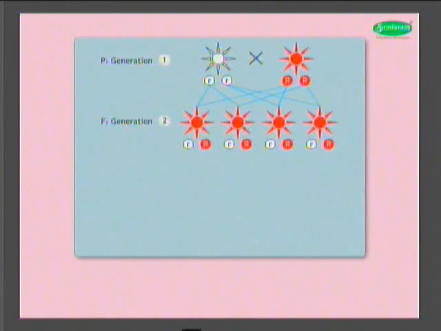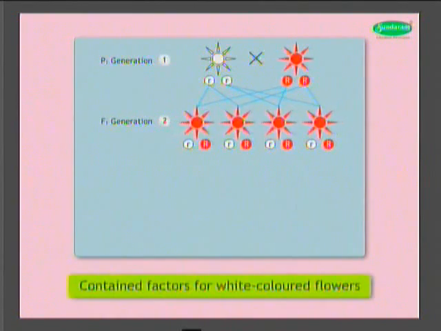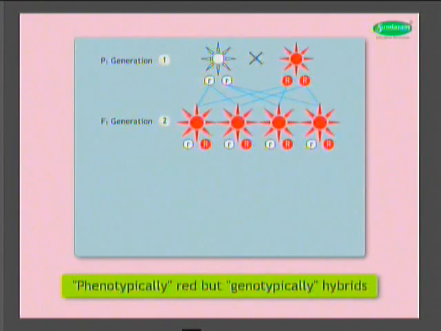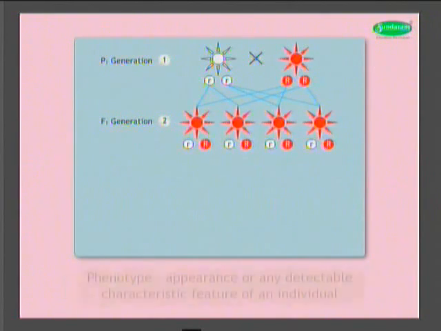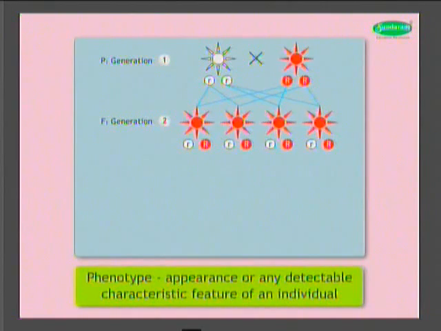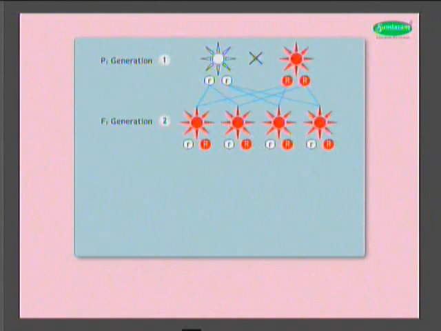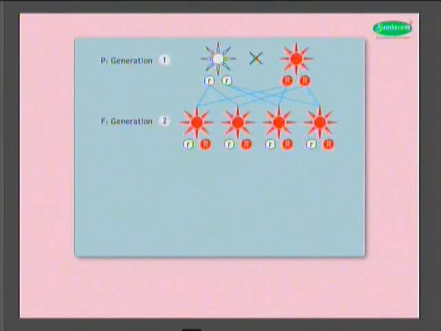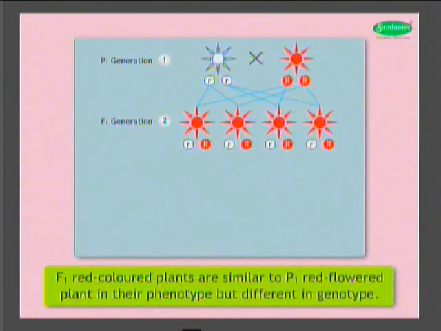Though F1 individuals were bearing red-colored flowers, they contained factors for white-colored flowers too. Thus, the plants of the F1 generation are phenotypically red but genotypically hybrids. The phenotype is the appearance or any detectable characteristic feature of an individual, like red and white flowers. The genotype is a term that refers to the genetic composition of an individual. Thus, we can say that F1 red-colored plants are similar to the P1 red-flowered plant in their phenotype but different in